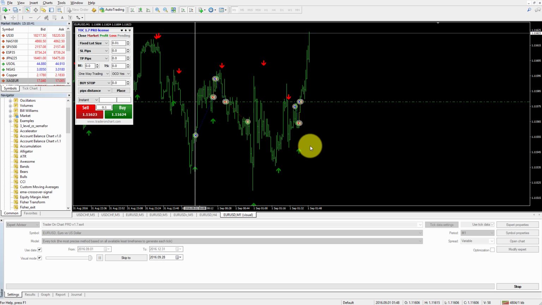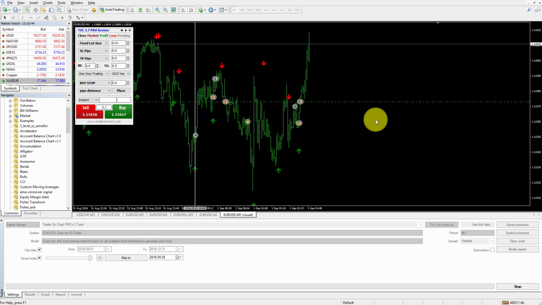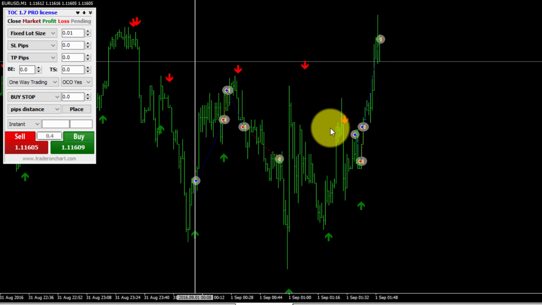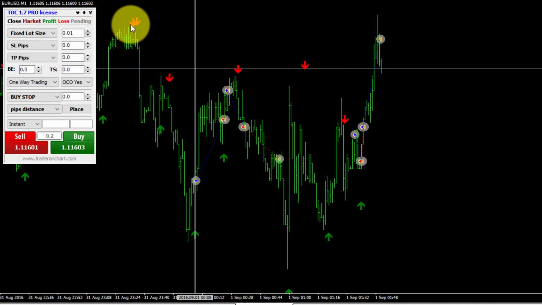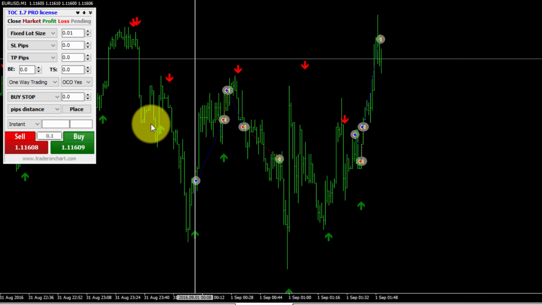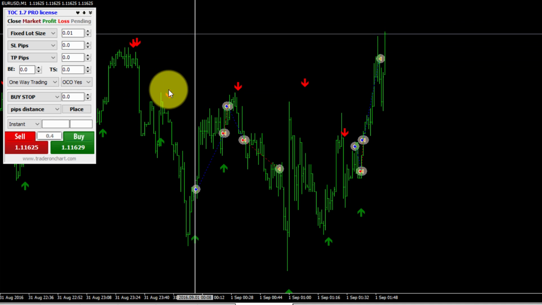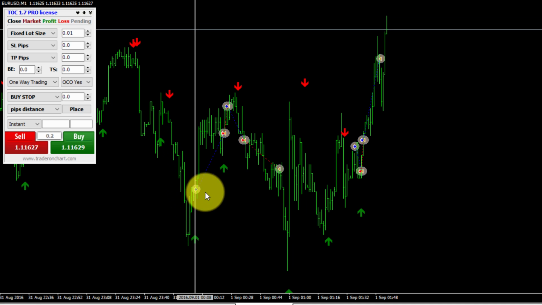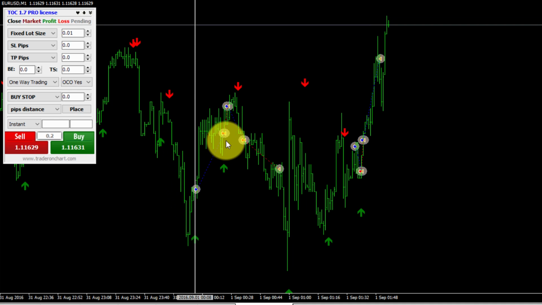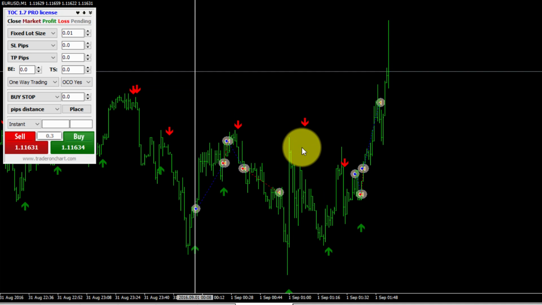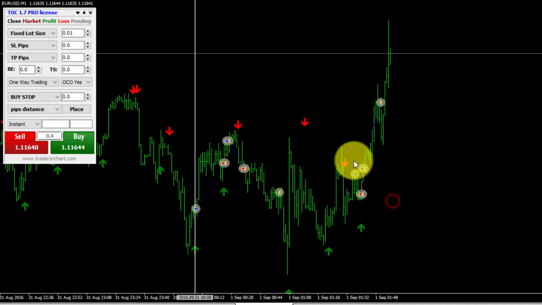When you just look at these entry signals on the history, we can see that they are all looking nice. Just look at this short signal right over there, this long signal, then we have another nice short signal, and then a new long signal right over there. And as you can see, all these signals look so good, but they just look that way because